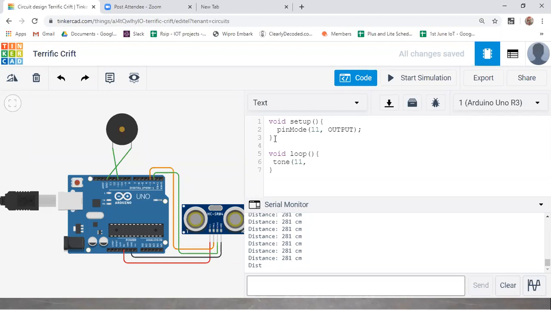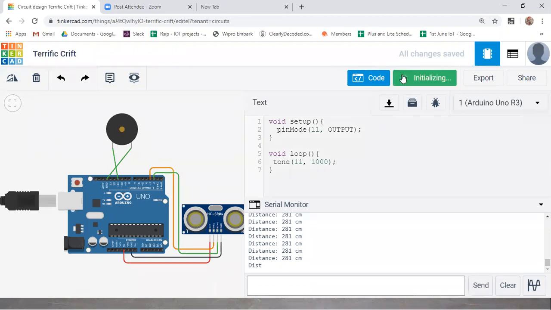You can give any audio frequency, from 3 hertz to some 300 megahertz, and try to check that. Here I am just making use of a 1000 frequency. Besides that, you could give some time delay also. First we'll try to give this, and let us try to listen to the sound.